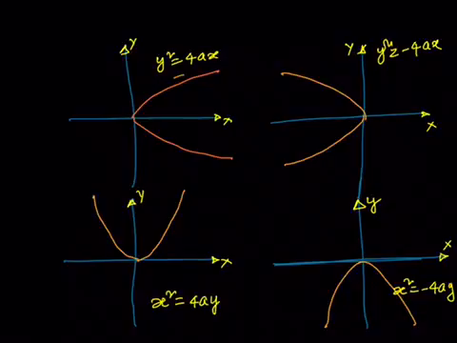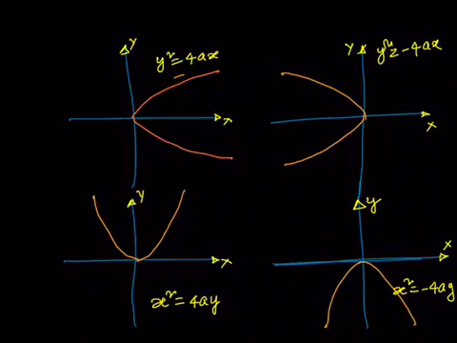Now, how do we easily remember them? For that, I'll give you one small tip. Let us see y square equal to 4ax. The y value is positive or negative, and it will have the same value for the x value. That means it will be symmetrical about the x-axis, because for the same x value you have two y values. Similarly, x square equal to 4ay: for two different x values we have one y value. That means it is symmetrical about the y-axis.